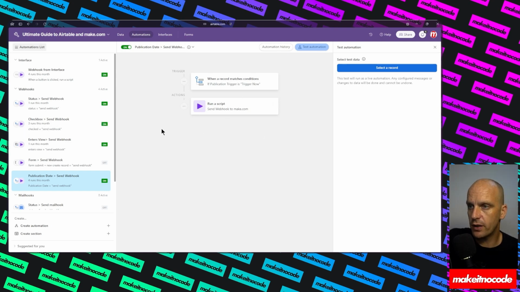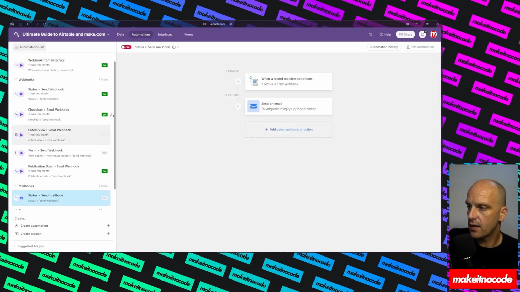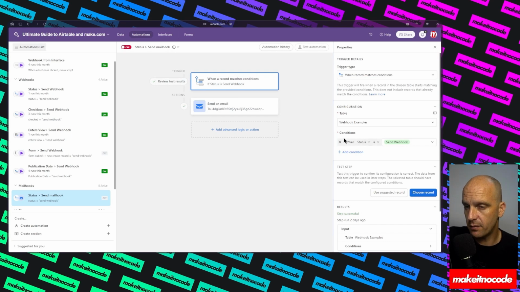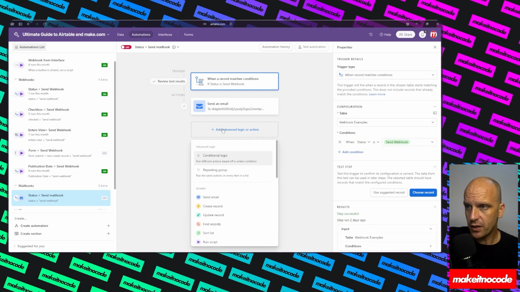So there is a workaround. I'm going to show you by replicating everything. Everything here is the same. So when a status, you remember the first example, when status equals send a webhook, what we're going to do is replace run script with send an email. And what you have to be careful with is when you send an email, you can only send to collaborators inside of your base. So what you're going to have to do is,